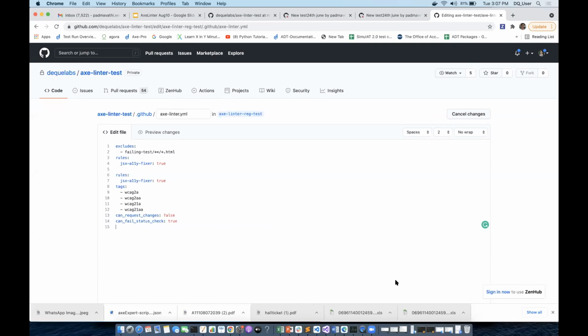The next question is, when using the VS Code extension, how can I manually trigger linting checks across my repo? Is there a CLI command? Okay. When you're using VS Code, it'll actually look into the pages that you already have open and flag out issues. But in your repo, you have to use the GitHub plugin in order to do that. So it can look into all your pages and immediately flag out the issues. And also it's very fast. It does around 40 pages or 40 files in a second. That's the rate at which the linter works.